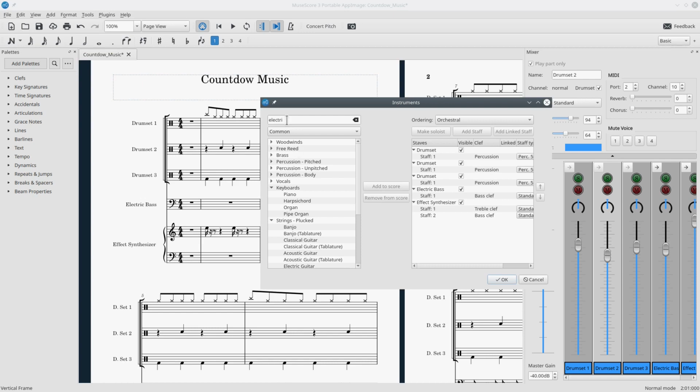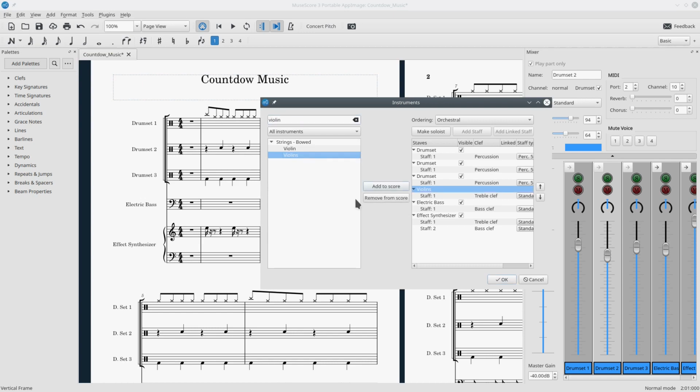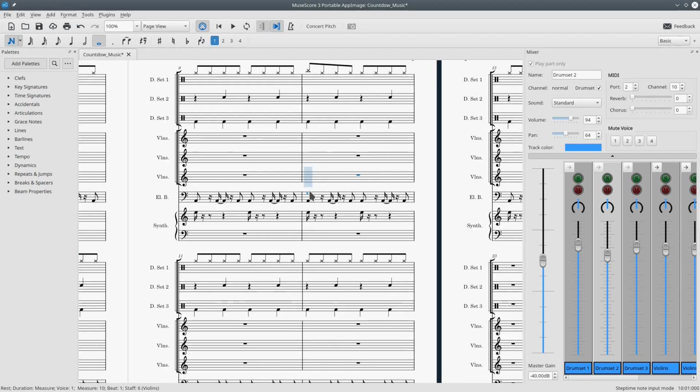What about some violins? Let's add 3 of them. Okay. Here a nice violin tone.